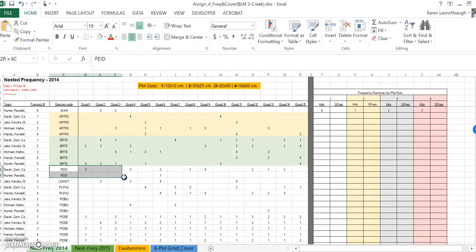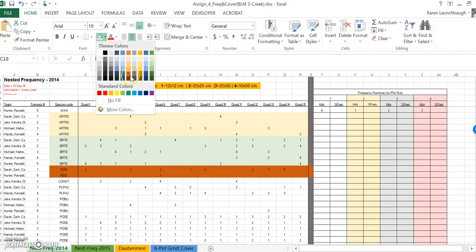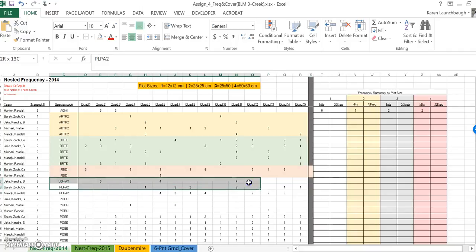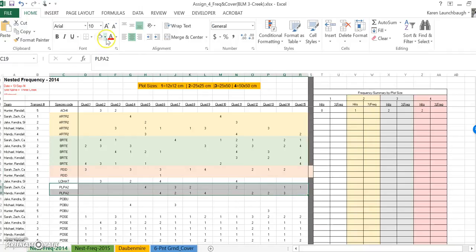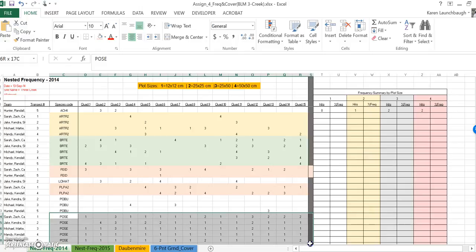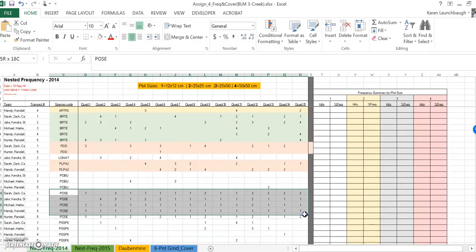And here's all the Phaeids, or the Idaho fescues. One Lomatium. Here's two Plantago patagonicas. Got two Pobus, which is Poa bulbosa. Here's quite a few Poa secundas, so I'm just going to put those at a different